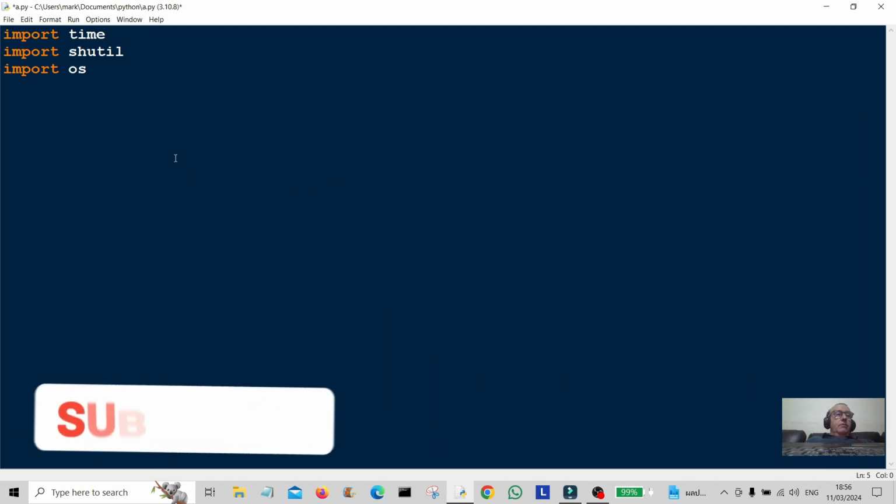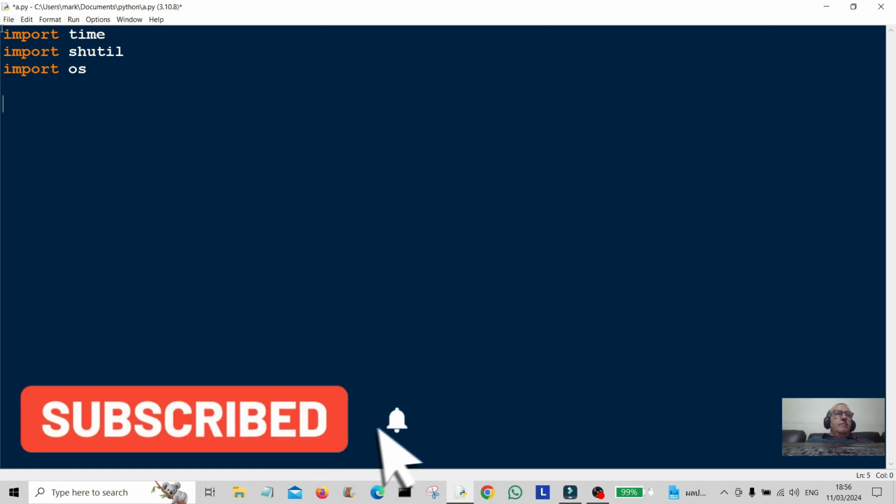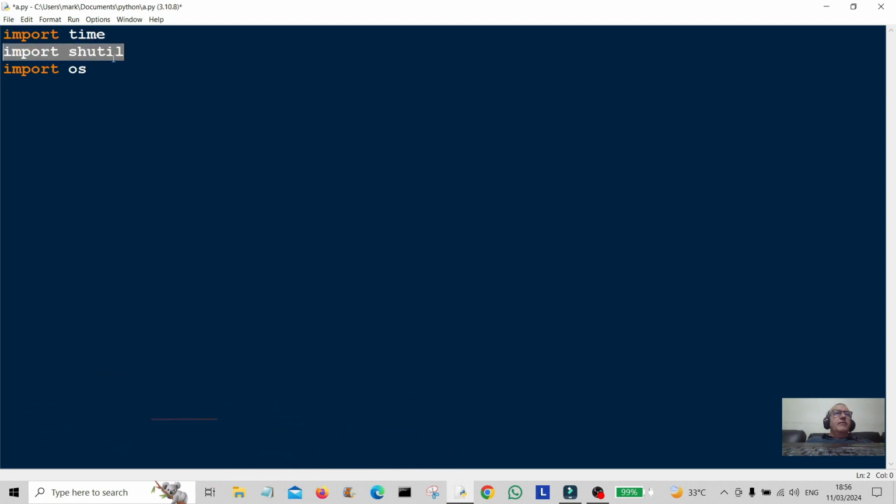Before we start, what you'll need to do is import the time module here and import shutil. You might have to install that using pip, and import the OS module as well. So today we're going to create a little program that copies a file into another directory and then deletes the old file. So first of all, we're going to create a path,